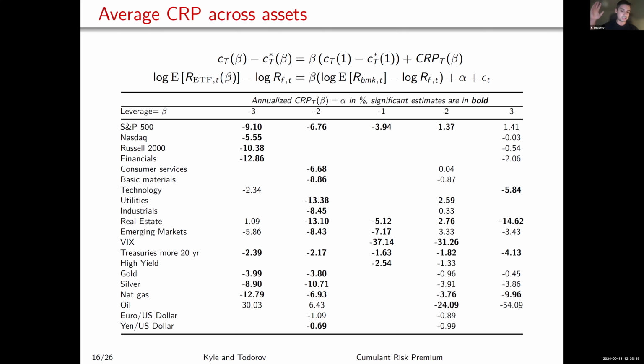So you can think about the physical underperformance of the ETF because they have this drag or volatility slippage. And that thing is the same in the physical and the risk neutral world. So there is no cumulative risk premium. So our estimates would imply 0 cumulative risk premium, 0 transaction costs.